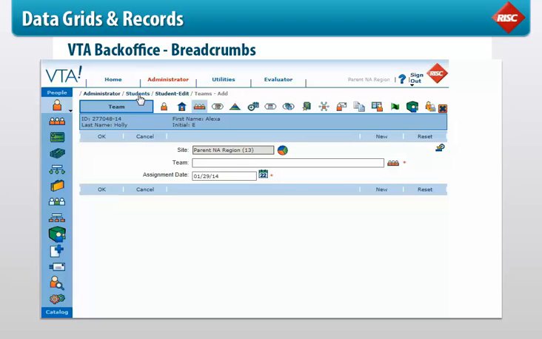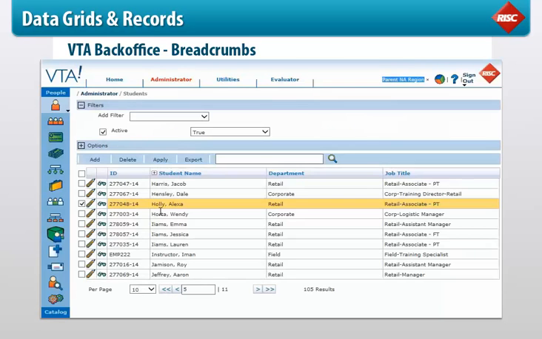For example, here, you can see that the user is in the student section of the administrator program. They have opened a student record in edit mode and are set to add a new team. By clicking the students portion of the breadcrumb, you will be returned to the student's record at its position within